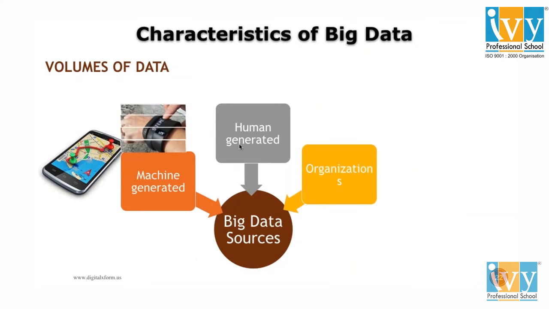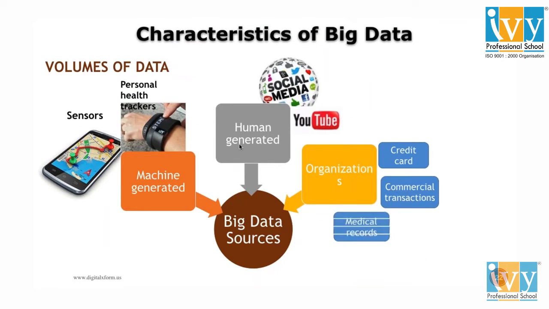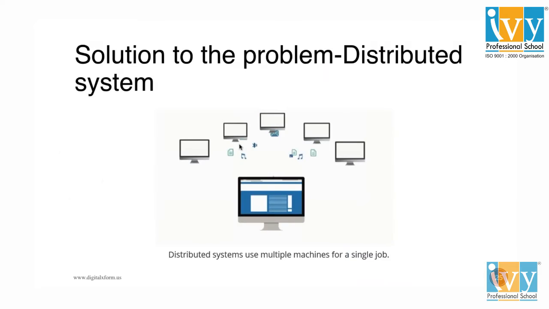So the solution to these challenges is, okay, let's have a distributed system. So people thought, let's distribute the data. If one person cannot solve a problem, then what do we do? We assign it to 2 people. When 2 people cannot perform a particular task, what do we do? We assign it to 3 people. That's how we work in a team, right? Similarly, they thought, okay, we'll do that.